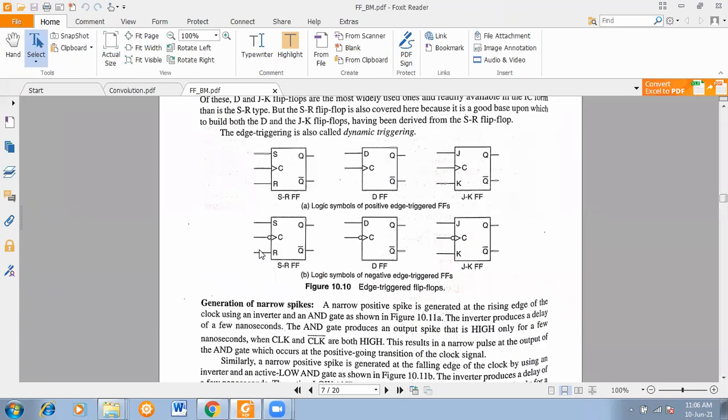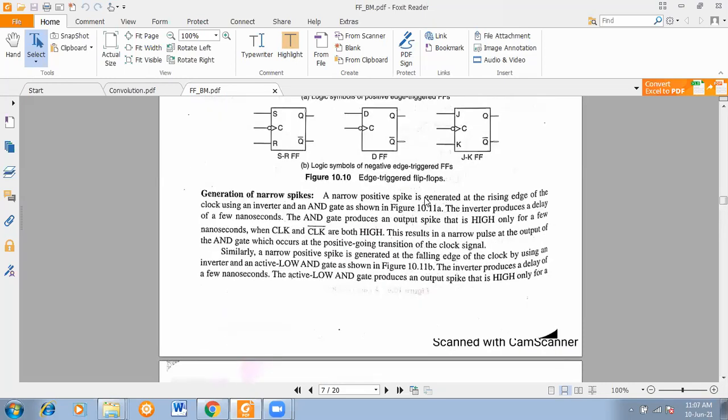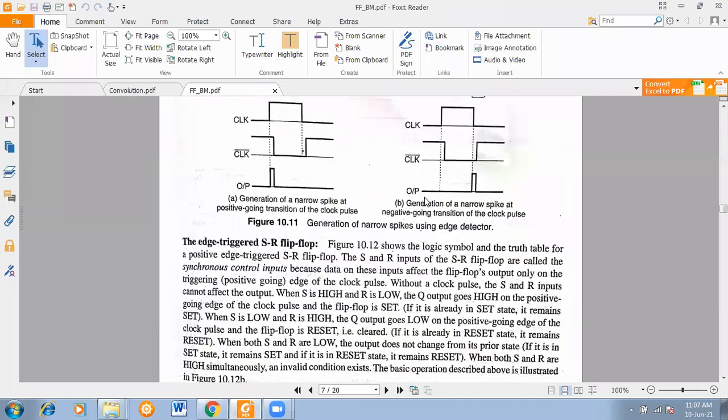When it is level trigger, it is triggered at its amplitude, or when triggered by its edge, then it may be by rising edge or by falling edge. If you trigger by rising edge, the symbol is something like that. When triggered by the negative edge of the clock signal, then there must be a bubble. So these are the symbolic representation, nothing more than that. Keep in mind all these things. So edge triggering and level triggering is most important here.